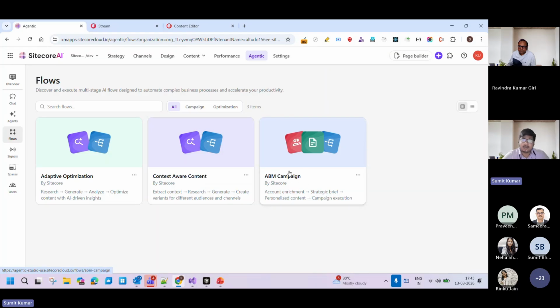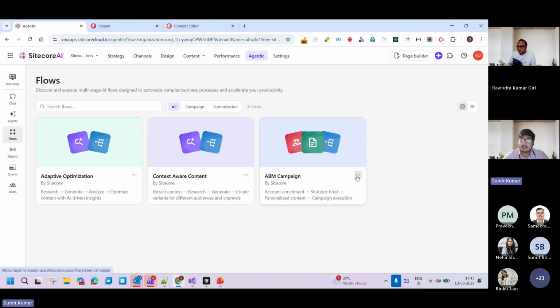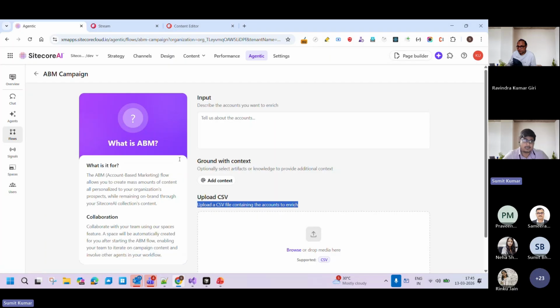This flow, what it does, is you have to upload one Excel sheet. Suppose on your Sitecore AI instance you have three different sites, and you want to generate a particular campaign for all these three instances. In that case, you upload one Excel sheet with information about that account or company, and then it will create one brief. Here you can check how many agents are there. You can just click here, and if you want to extend with any more agents,